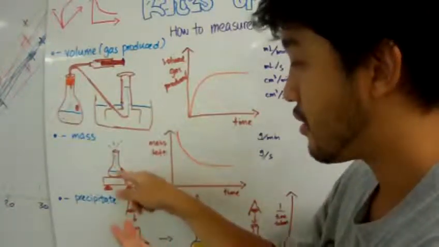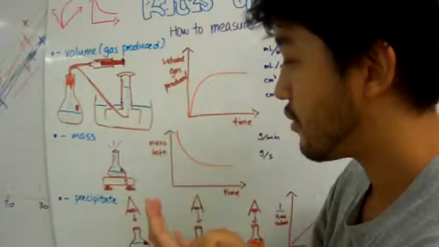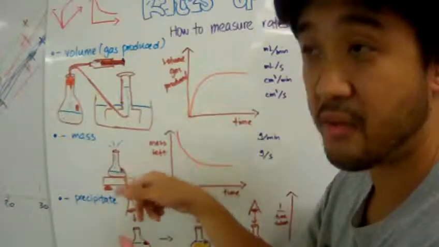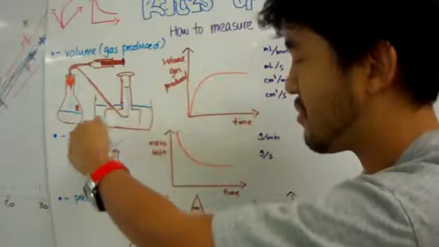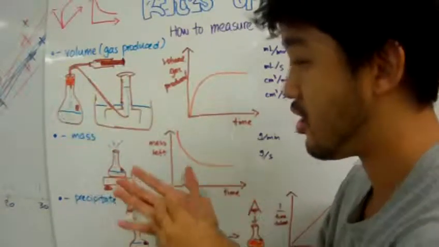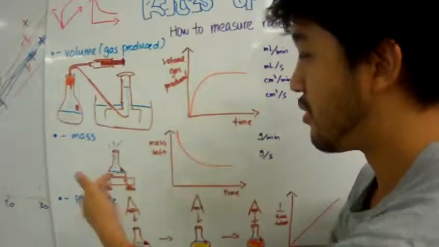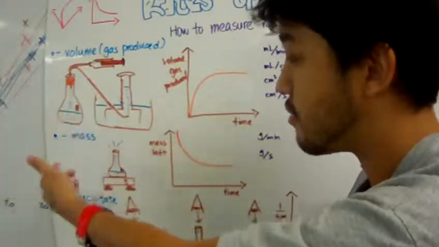of the flask plus its reagents. Or you can tare the flask if you want to, and then you just put the reagents in there, and then you measure them. Record initially, all right? So when the reaction is happening, one of them happens to be a gas, you need